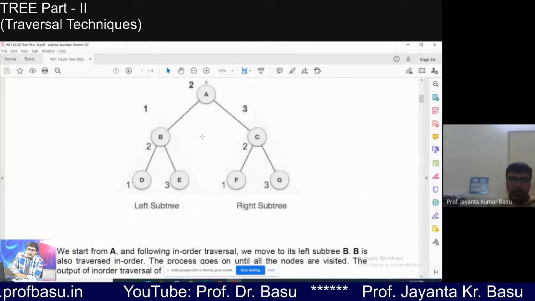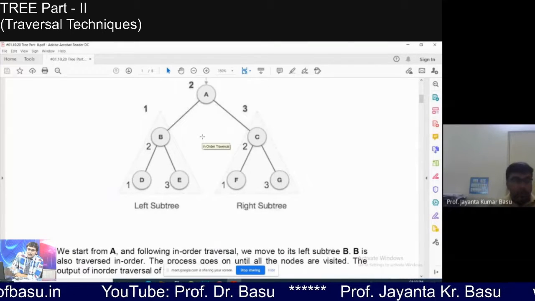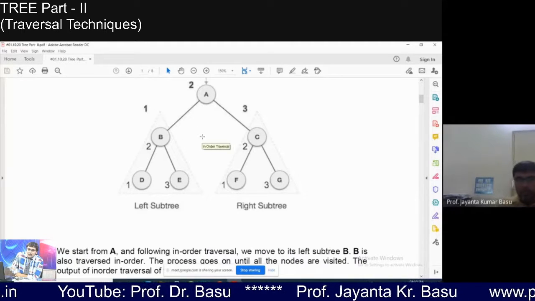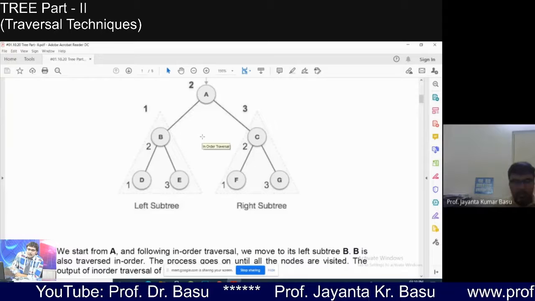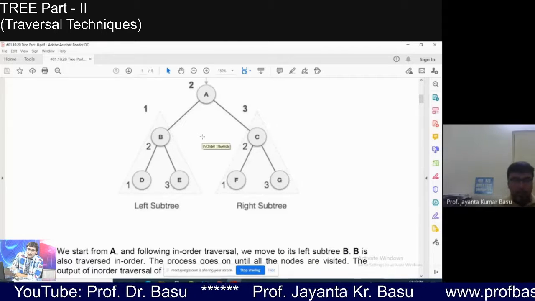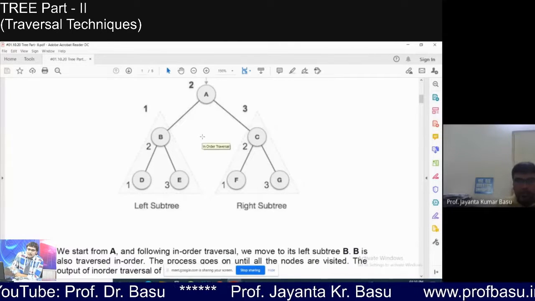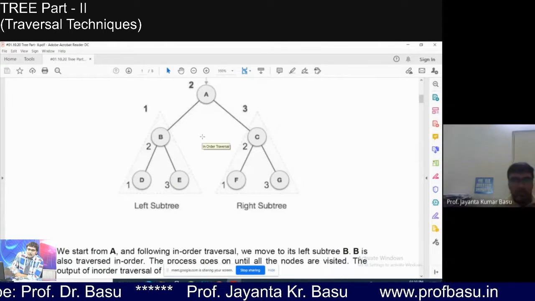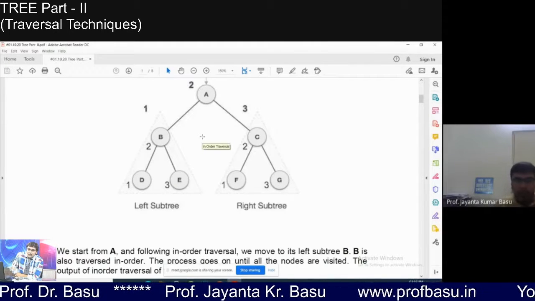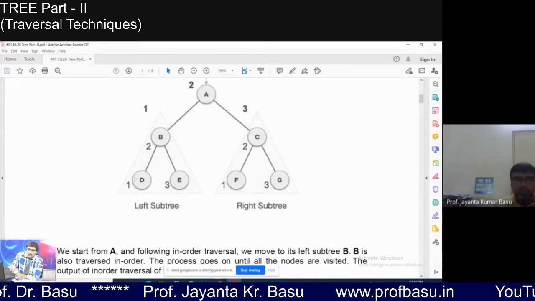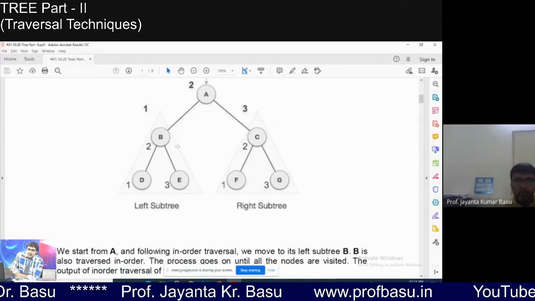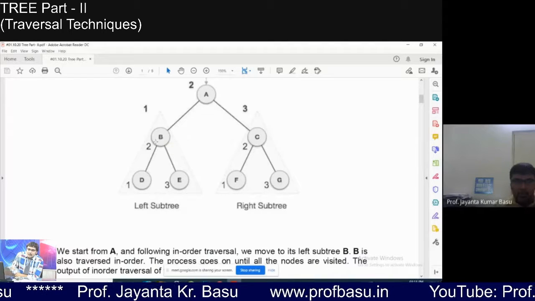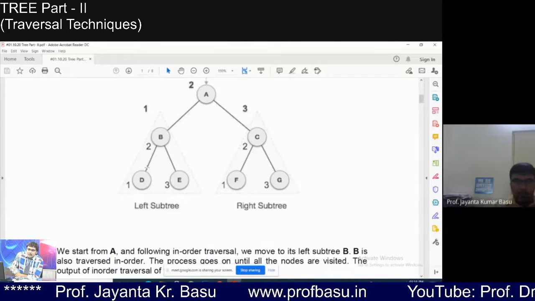You can see that when we are going to traverse, it's very important, very easy, no code is required. You will definitely get a question from this traversal technique, either from in-order, pre-order, or post-order. You will definitely get a question in your semester exam, and definitely in your internal exam. What happens? First, we have to consider the left subtree. When you come to this left subtree, by itself it is a tree, right?